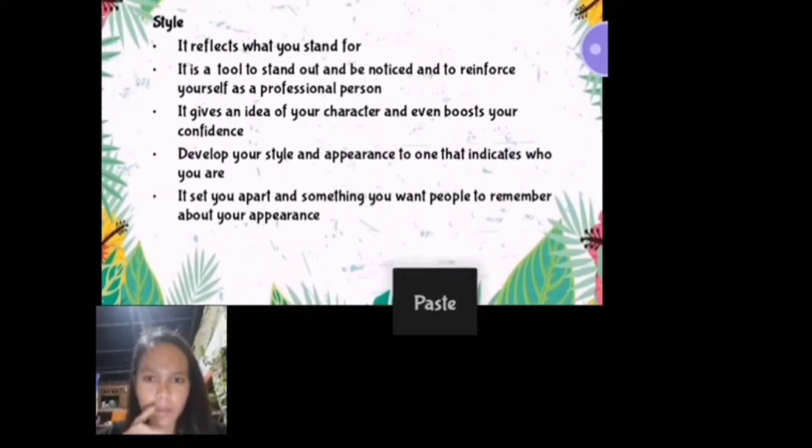Sometimes the way you look, people will see it, and this is the first stage that people will respect you. Then second, it is a tool to stand out and be noticed, and to reinforce yourself as a person, as a professional person. Whatever styles you wear, as long as it fits, it gives ourselves